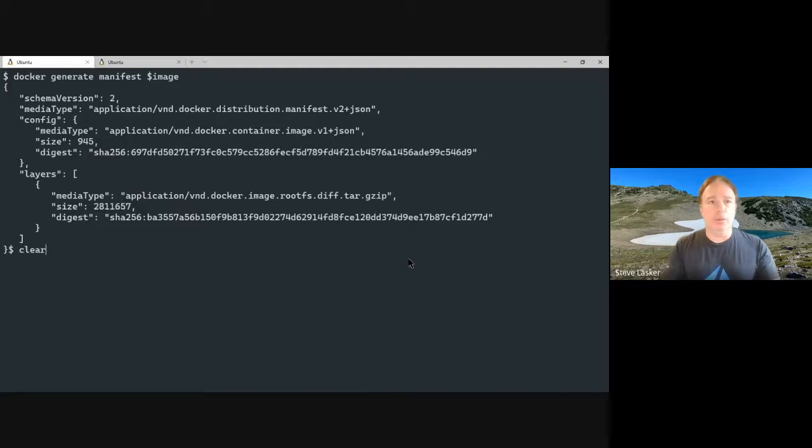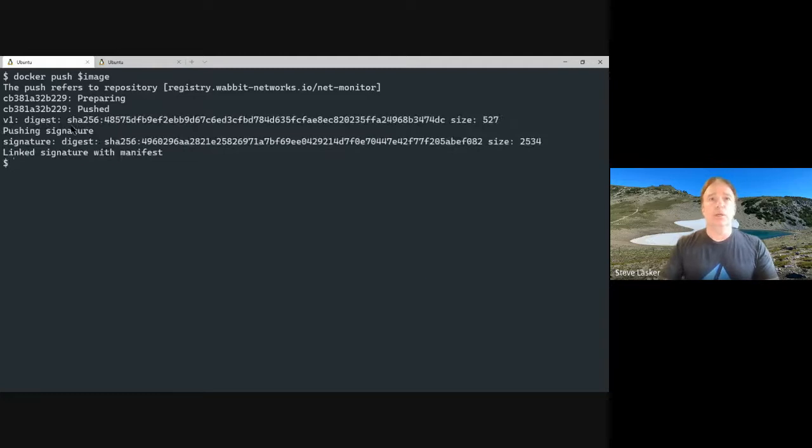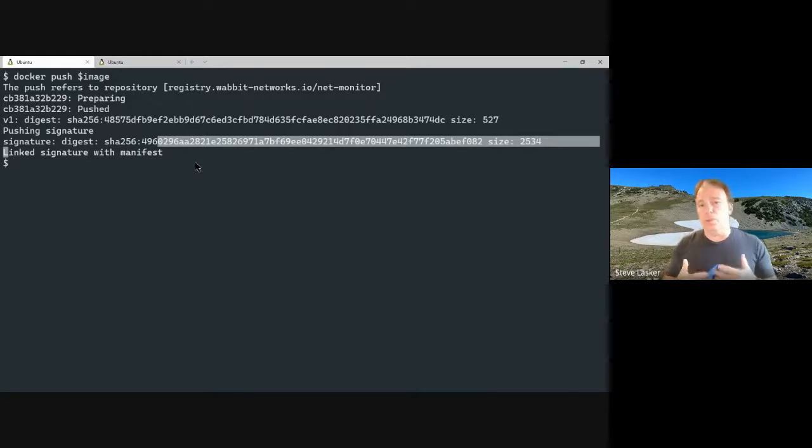Okay, so now that we've got that, I can finally push this to the registry. Because we've put the NV2 client into this workflow, what you're seeing is it pushed the image, it pushed the signature, and then it linked the signature with the manifest. That's the important part, because we don't want users to have to change their workflow to think about signatures per se. We don't want them to query a signature. They want to query the thing they're trying to deploy or use, and then the workflow knows how to get the signatures associated with that artifact, in this case, an image. So that's the important part right there.